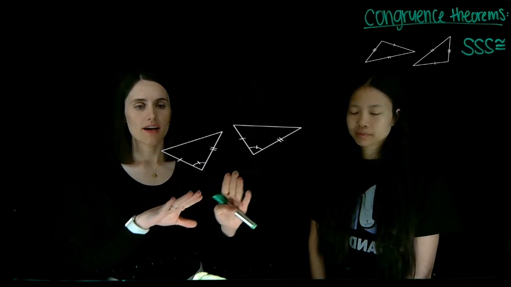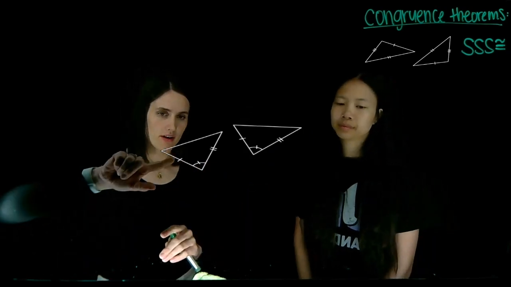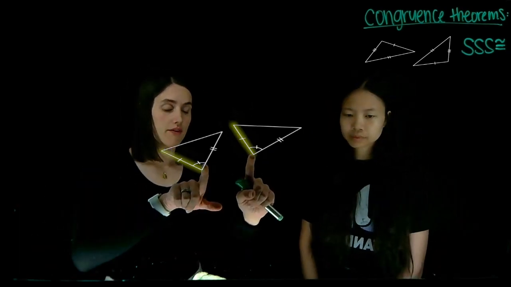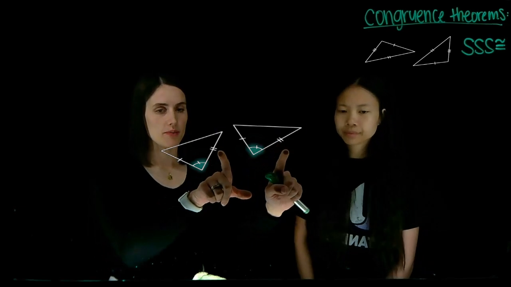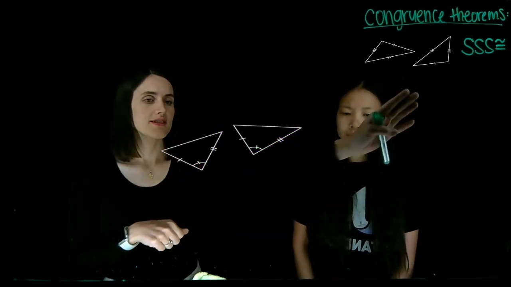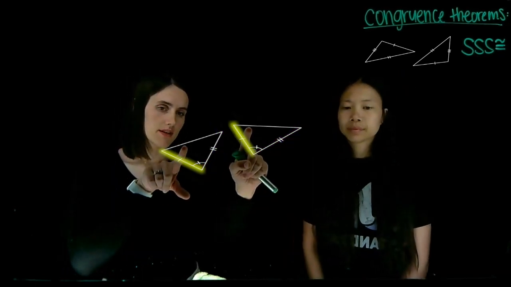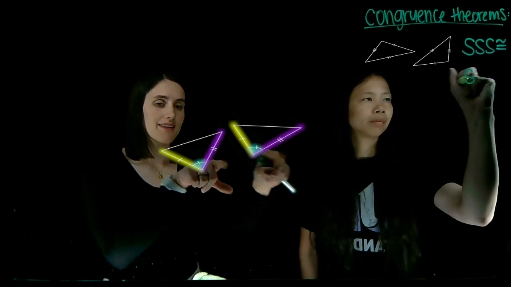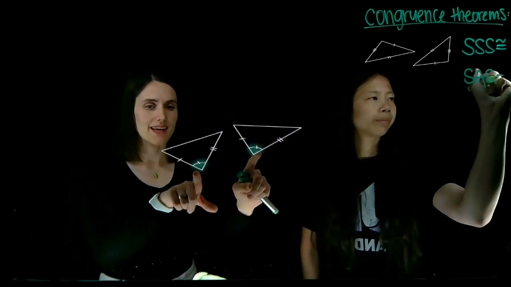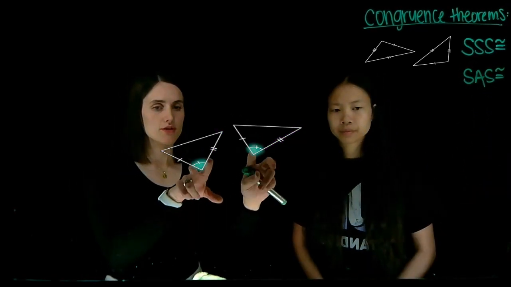Now let's take a look at this set of triangles here. We can see that we have a pair of congruent sides here, we have congruent angles here, and then another pair of congruent sides. And so if we follow the same pattern here, we can name this one side, angle, side. And the key with this congruence theorem is that the angle has to be in between the two congruent